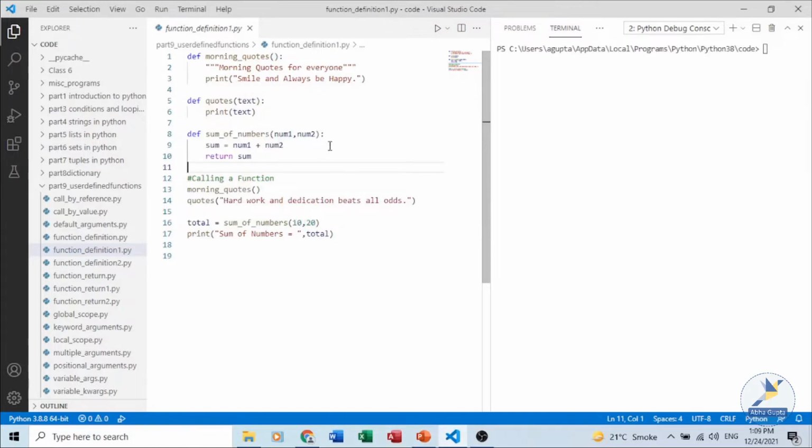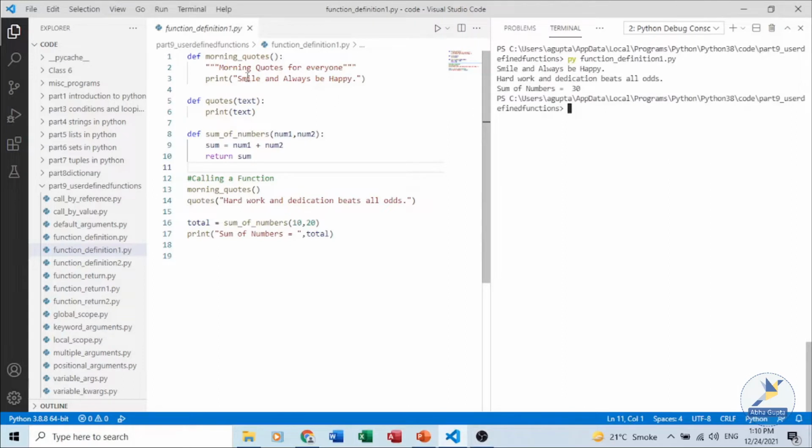Since this function is returning some data, to receive that data we also have a variable which will get the values returned from the function. And lastly, we are printing the total returned by the sum_of_numbers function.